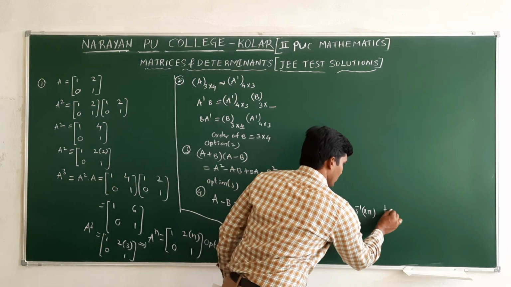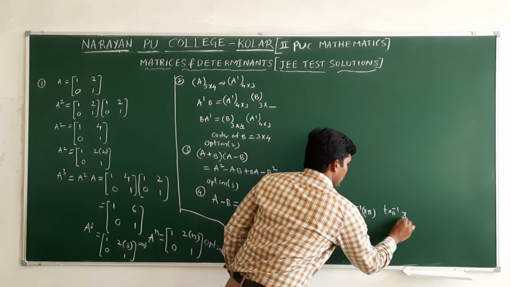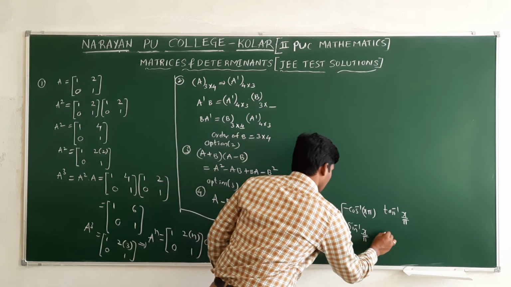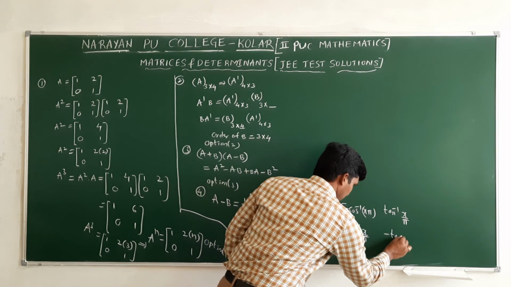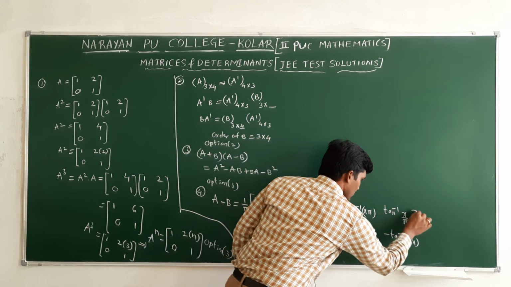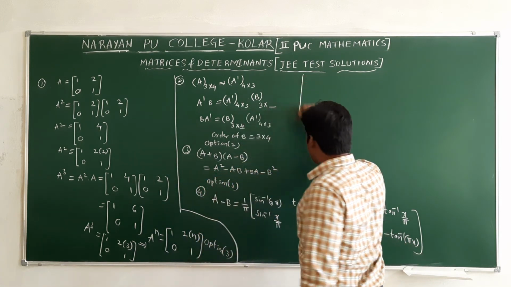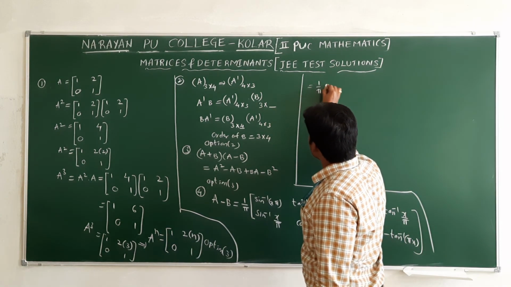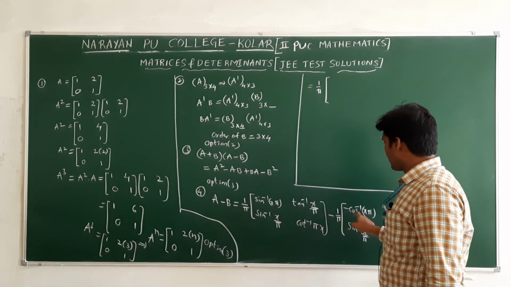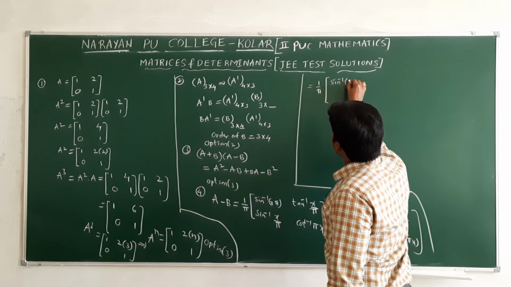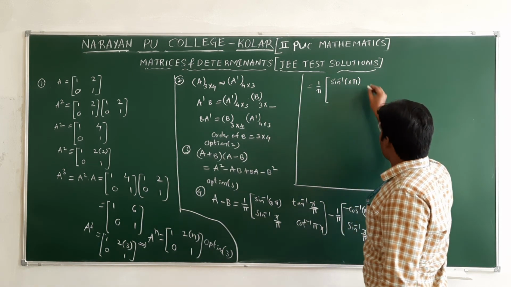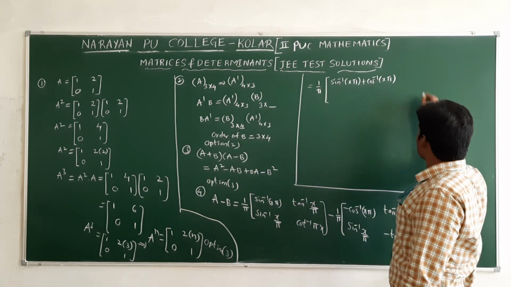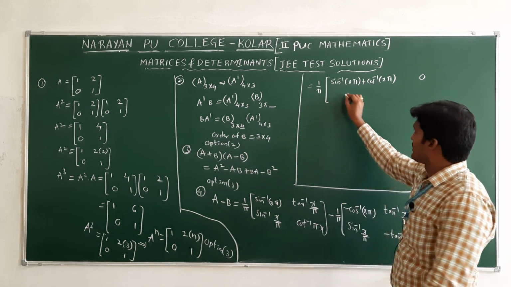So only tan inverse of x by pi, and sin inverse of x by pi minus tan inverse of pi x. In these two subtractions, what is common? First, 1 by pi is common. Take 1 by pi common. If you subtract sin inverse of x by pi minus of minus, plus cos inverse of x by pi, tan inverse minus tan inverse, the value becomes 0. Sin inverse minus sin inverse, the value becomes 0.